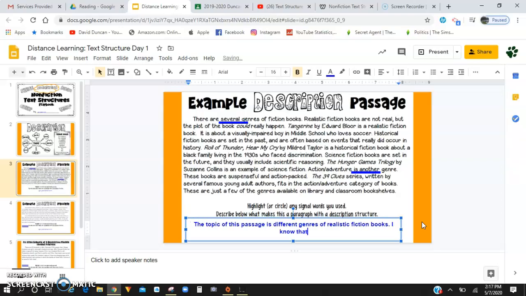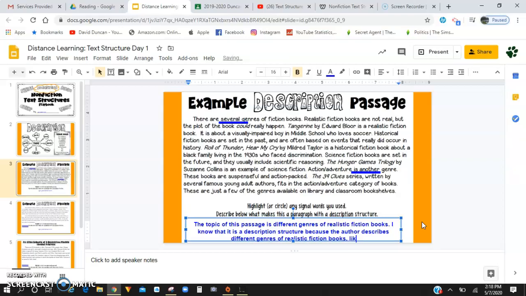I know that it is a description structure because the author describes different genres of realistic fiction books